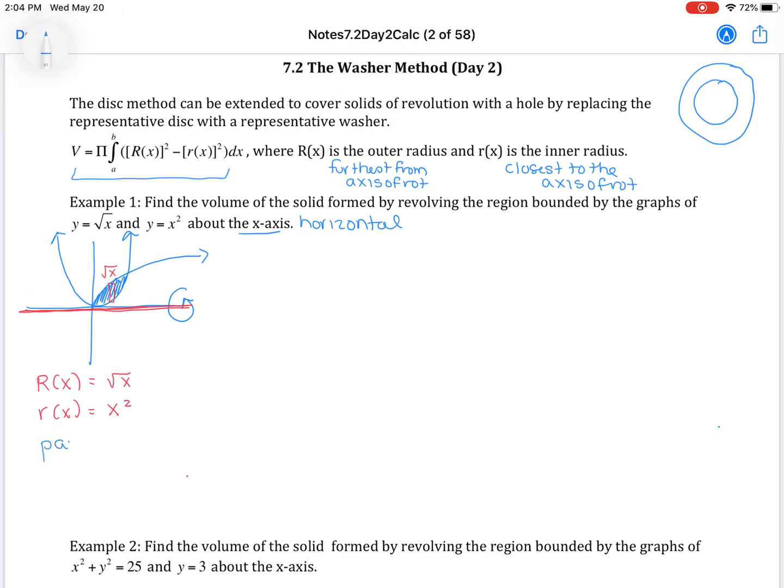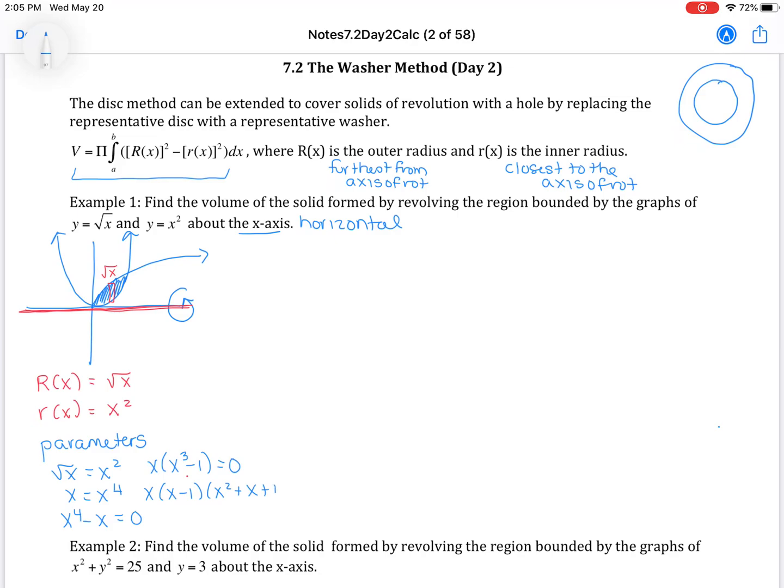Now, in terms of parameters, we still find those the same way we always have. So what we're going to do is set the two equal to each other. So we have square root of x equals x squared. Now to get rid of a square root, we square it. So we get x to the fourth on one side, and then we have to move the x to the other side. We have to factor out an x, which leaves us with x cubed minus 1,